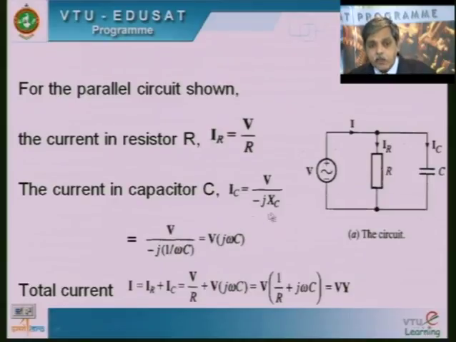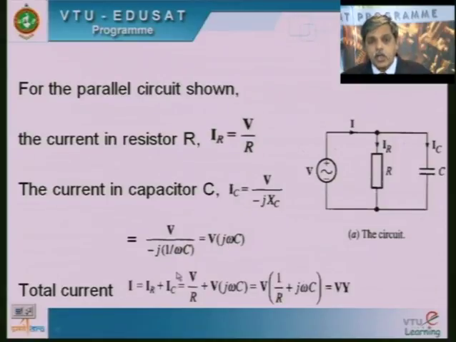Then if I substitute the value of XC is equal to 1 over omega C, we can see here IC is equal to V times J omega C. The minus J that you have goes to the numerator and becomes plus J. So when we see IR, the current in the resistor is inversely proportional to the resistance value, whereas current in the capacitor for a given voltage is directly proportional to the capacitance, with frequency of the voltage remaining constant.